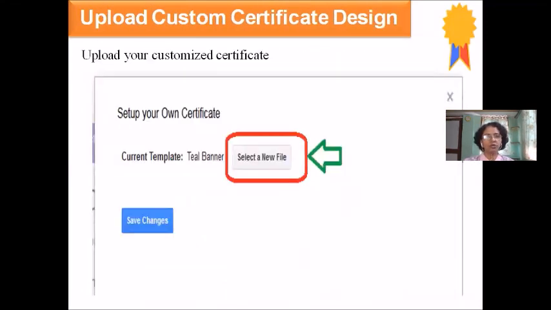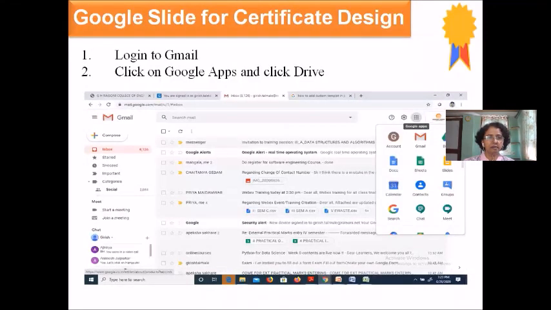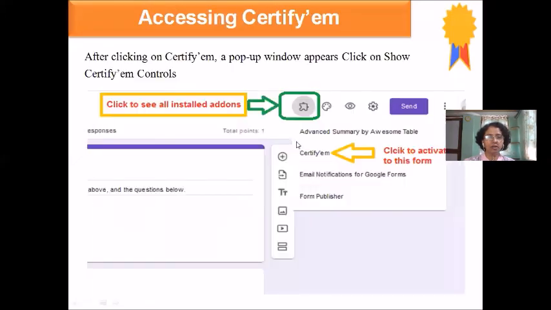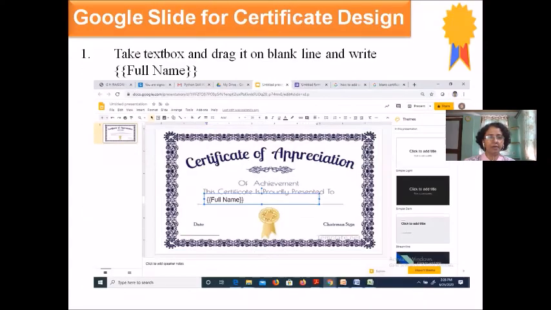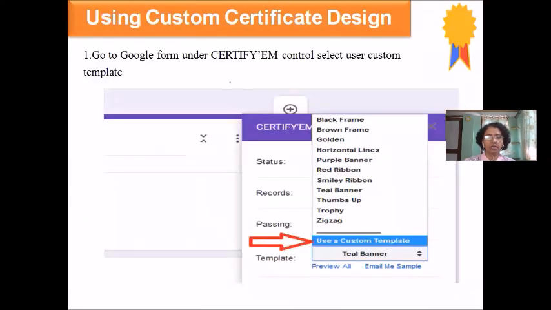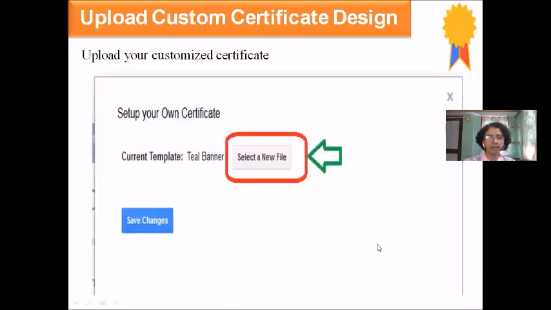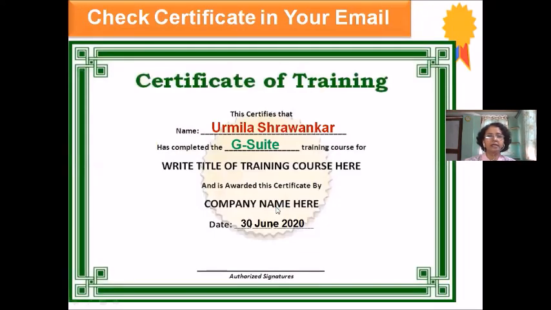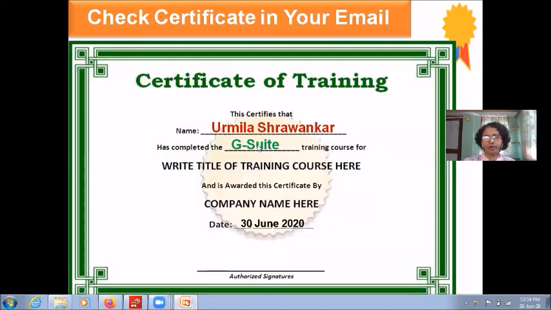I hope you understood all the steps. These are simple. Just the install is additional, because on my computer it was already installed. You can prepare your own certificate, use the custom template, and then you can add that template name. Here I have taken the Amravati certificate. You can check anything, select file, and you can add that particular certificate and then send it. Your certificate is ready. Okay, I hope everything is clear to you.